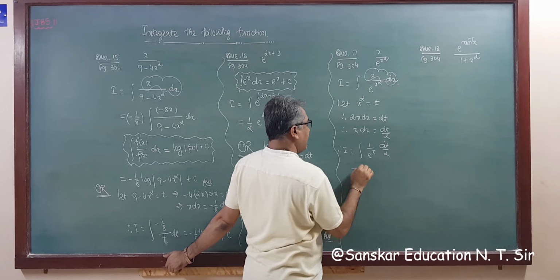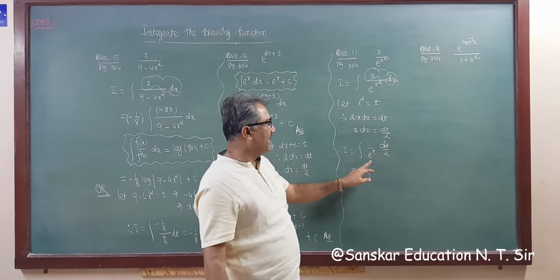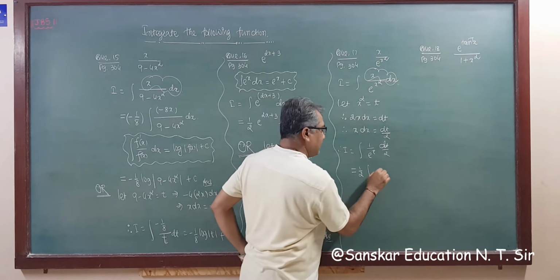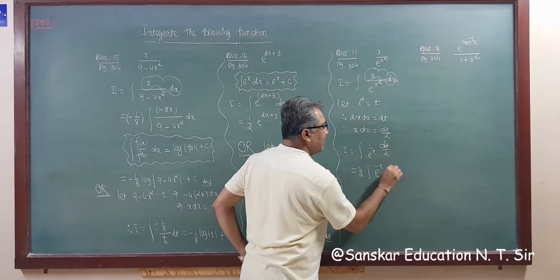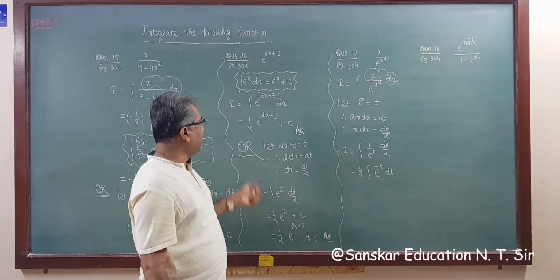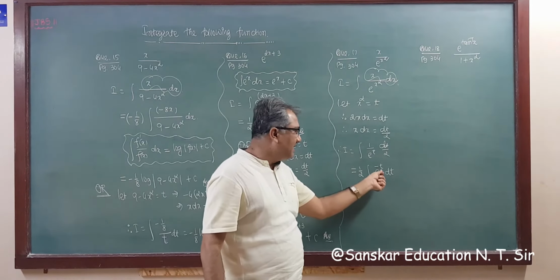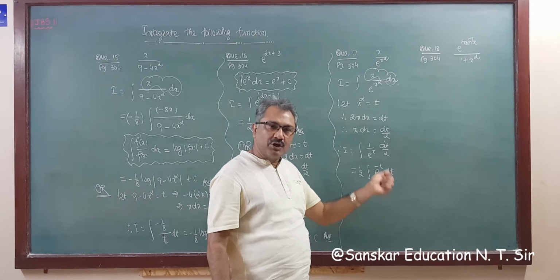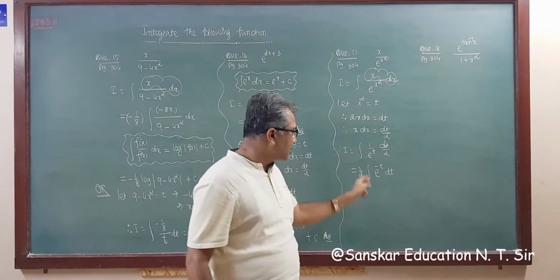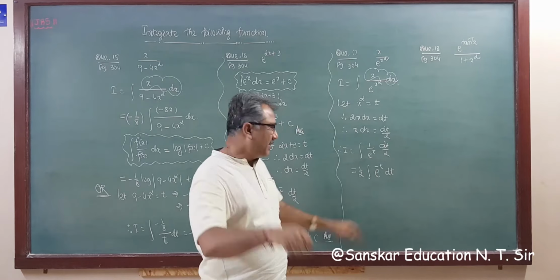So this will be 1 upon 2 integration. Now there is no formula for 1 upon e raised to t, so we can write it like this, e raised to minus t dt. So again integrating like this, and then multiply by, because we want only e raised to t, but this is minus, so we have to divide by the coefficient of t, that is minus 1. So it means we have to divide by minus 1.